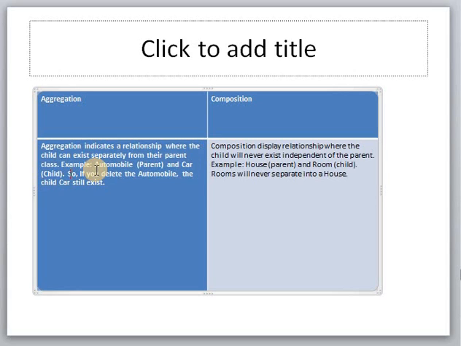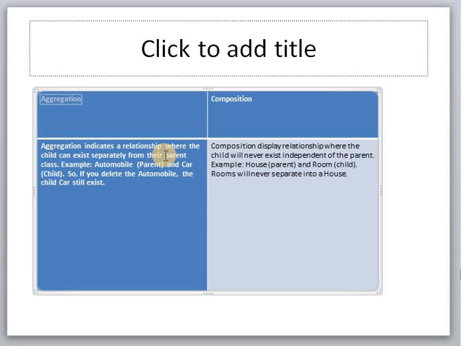The example is automobile as a parent and car as the child. So if you delete the automobile, the child class car still exists. So this is basically the aggregation relationship where a child can exist or live